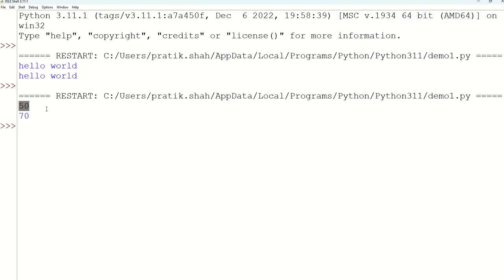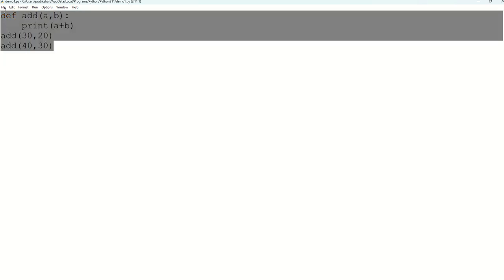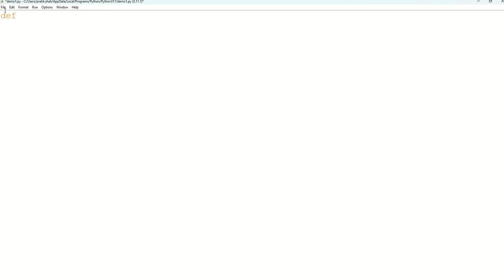See, the first add function call gives output 50, and the second call gives output 70. And likewise you can write multiple programs. Again, if you want, I can write one simple program to check whether a number is odd or even. So quickly I will write def, that is nothing but define, and we are checking,